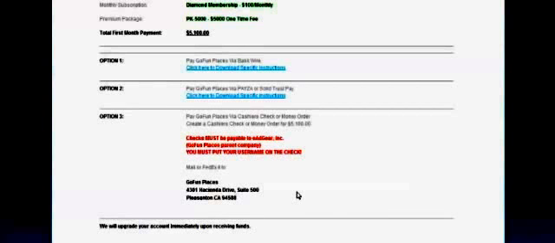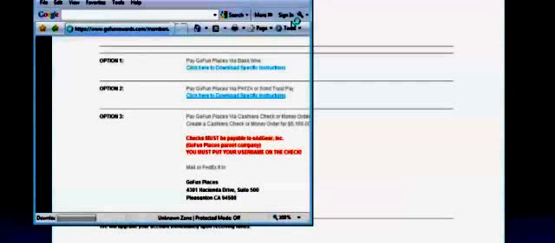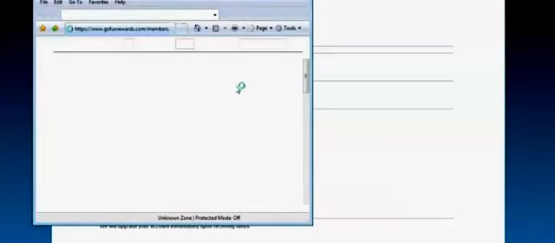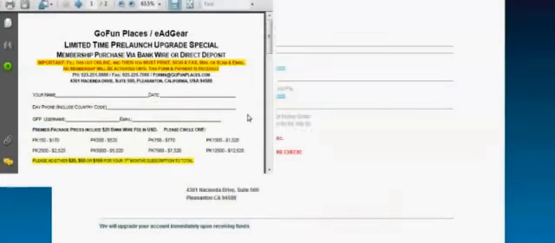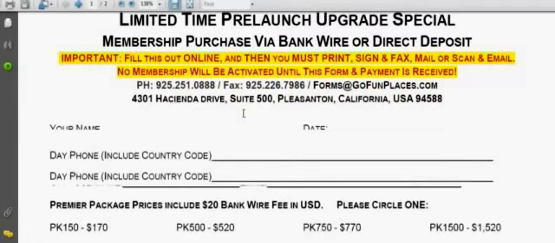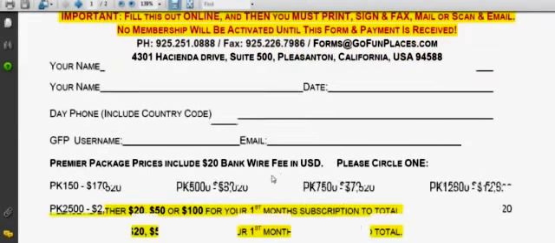In addition to this, here's my recommendation. Go up here to the bank wire form, guys, and click that, and bring up this form. And what I'd like you to do is send this form with your cashier's check. Okay? It's just additional information. Paperclip your check to this. Even though you're not doing the wire, put your name on here, the date, your phone number, your username and your email address. If there's any questions, they can easily get a hold of you.